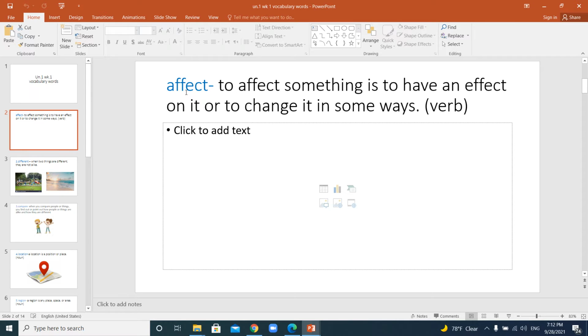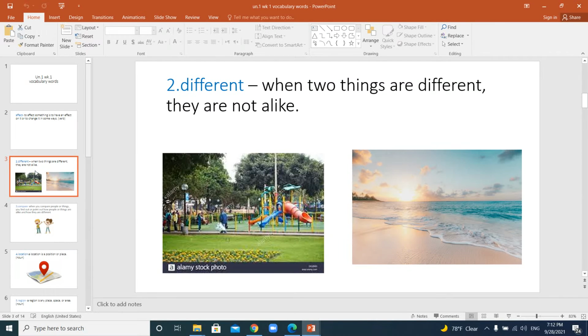Like for example, now the weather is starting to change because the weather is changing from summer to fall. So do you think the change in weather will have an effect on us? Yes. It will cause us to change the way we dress. Like for example, now that the weather is getting colder, we start to wear clothes that are a little bit heavier.